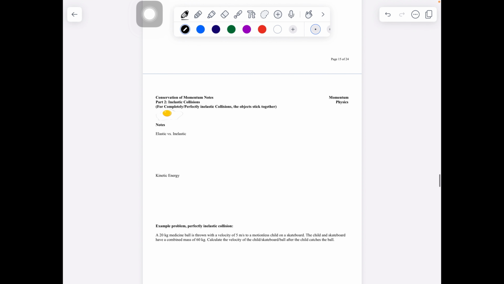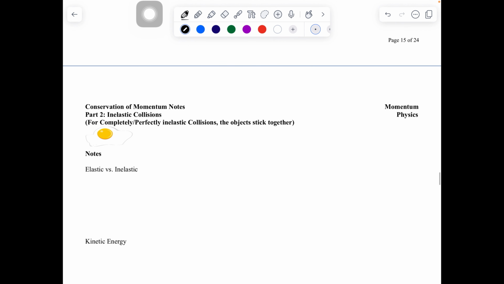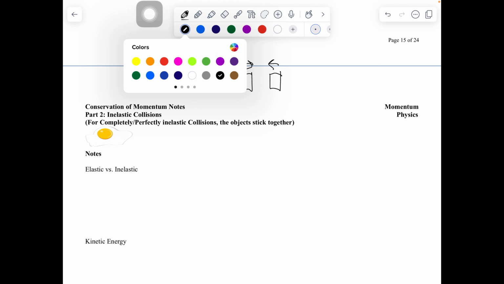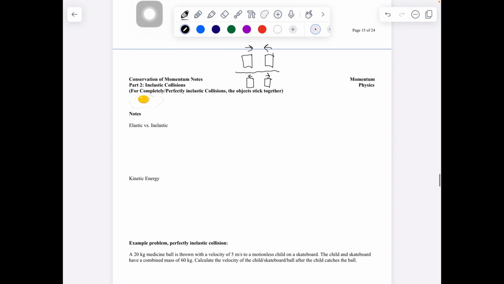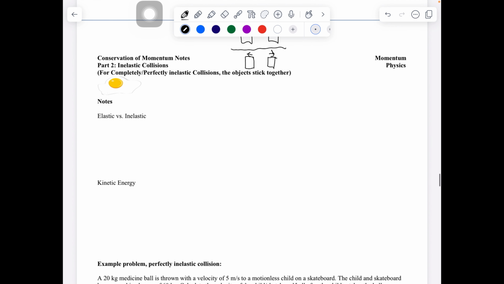What we've done so far is we've had collisions where the objects bounce off of each other, right? So if we have objects moving towards each other, afterwards they hit and bounce off each other. Typically, but not always, they go in opposite directions. What happens in an inelastic collision? What do these words mean? For an elastic collision,